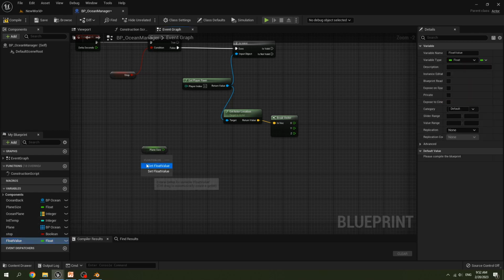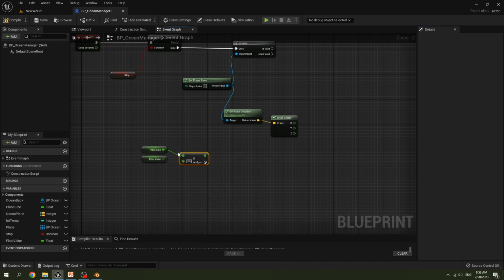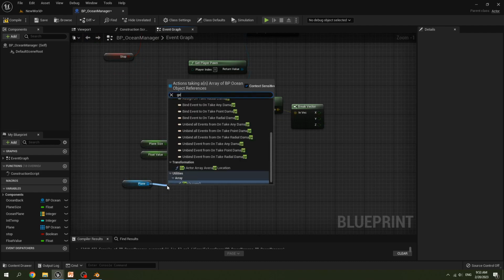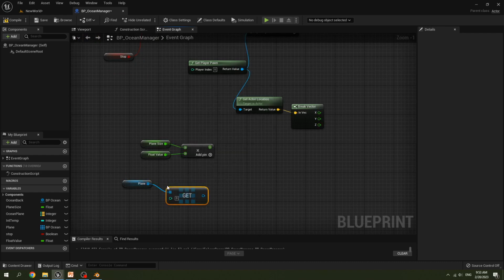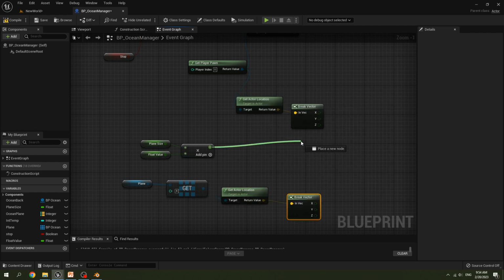Get float value, compile it, and set float value to 0.5. Get plane size, multiply it with float value. Get plane array. Then get a copy. For integer, set it to 4 because it's the center of the plane. And get actor location. Break the vector. For our plane size result,